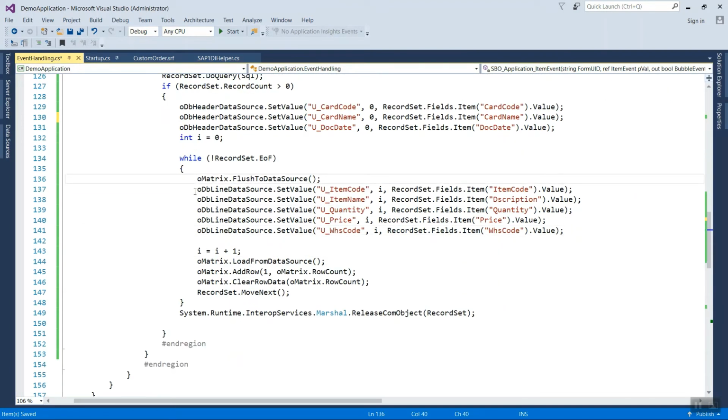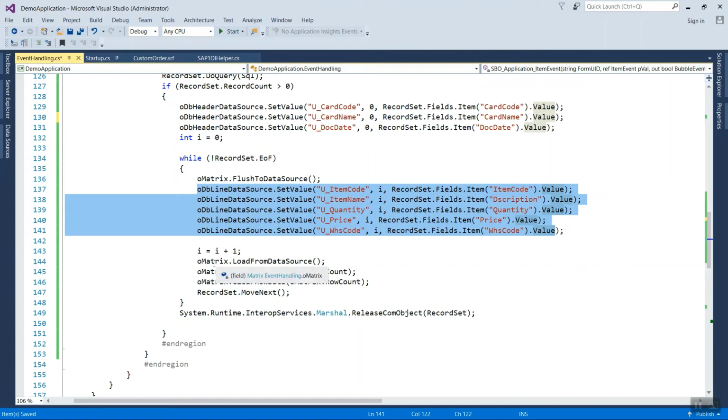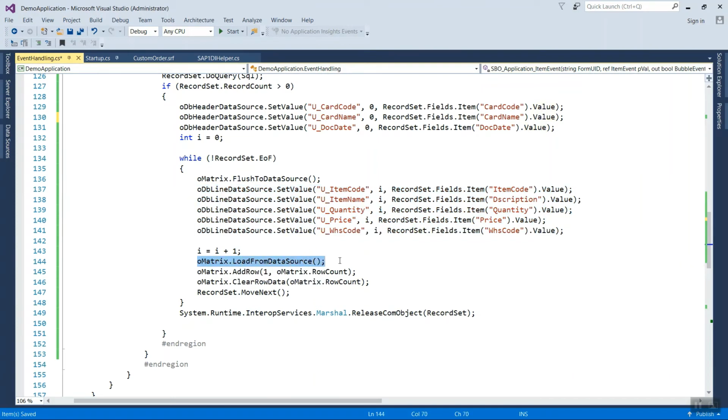Before putting data into the line DB data source, because it is a data source object for the line table, we have to use the flush to data source function so that the UI data will be flushed to the DB data source, and you can easily set the values inside the DB data source.